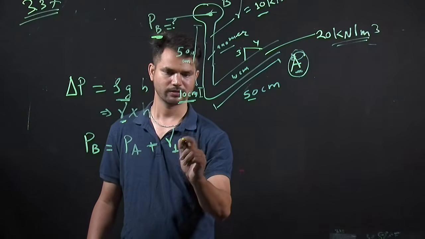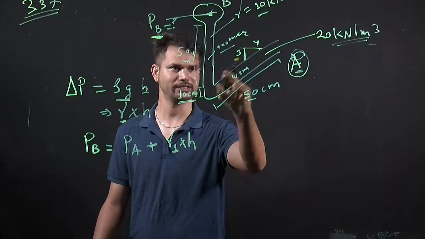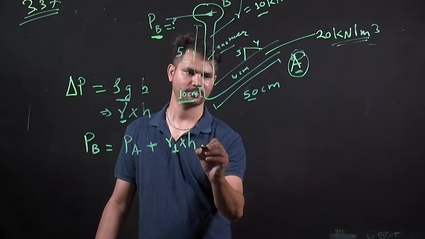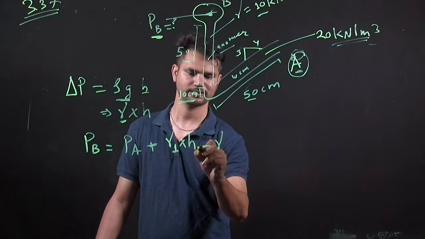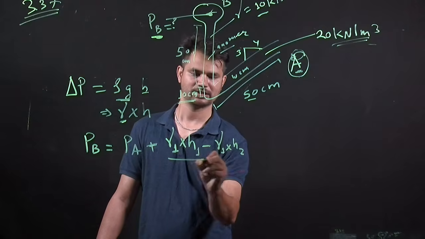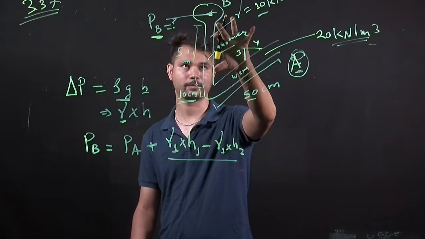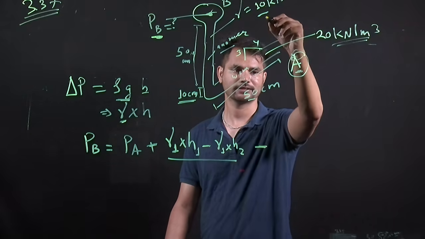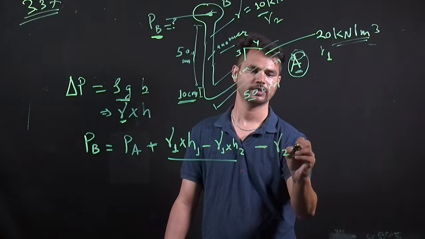This gamma 1, and we only need this h. And we need to climb this as well with the same gamma specific weight, so we will consider that as well, but we need to subtract it here. Let us consider this as h1, and gamma 1 times h2. This is for this part, this pipe. Again we need to climb up to the center of B, so that will give us again a minus, and let us consider this as gamma 2 and this as gamma 1. So gamma 2 times